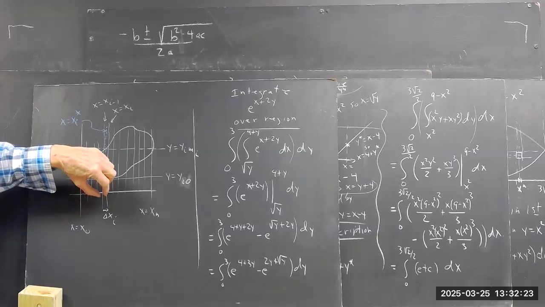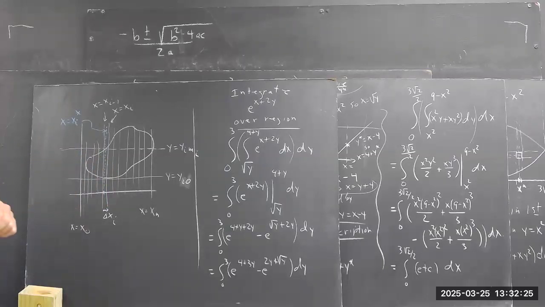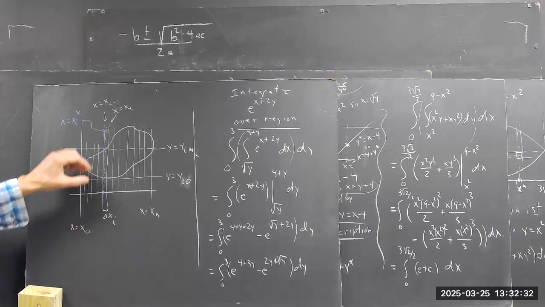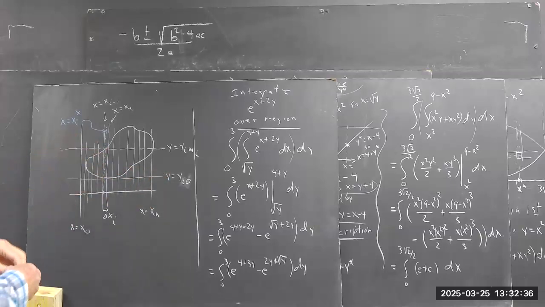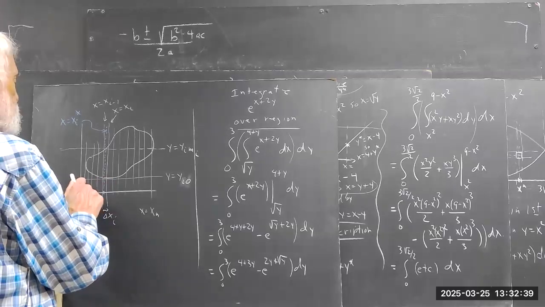So within the ith strip, take my lowest and highest y values, and then between those two values,